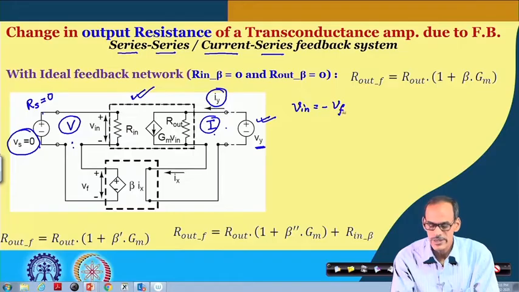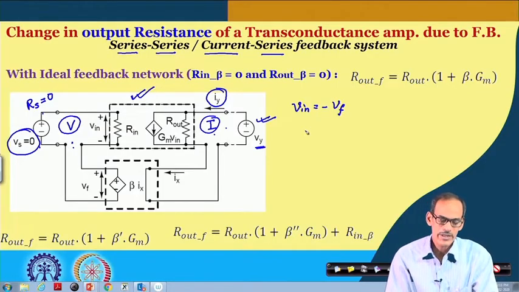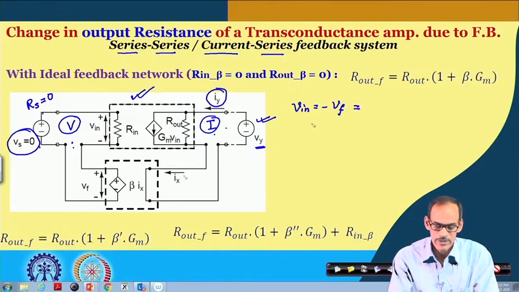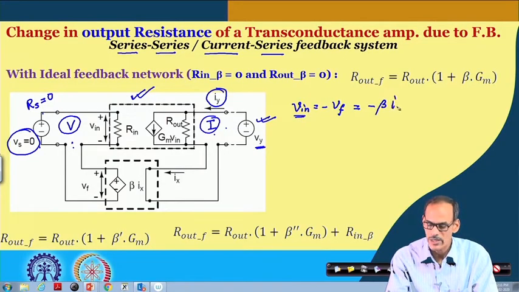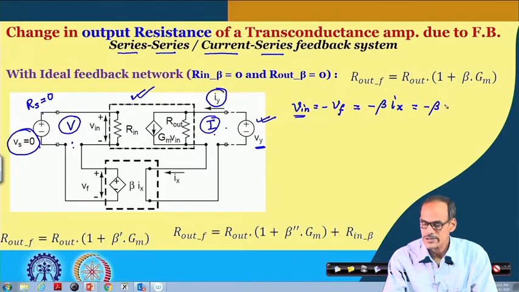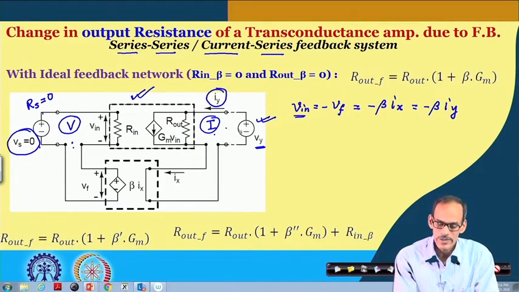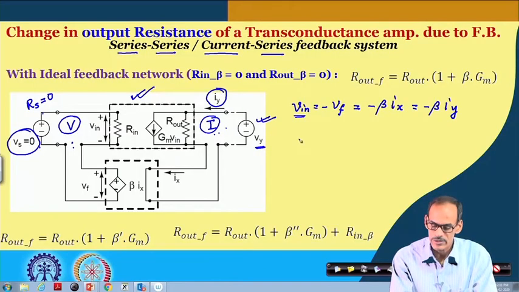So, we have analyzed a lot of similar kind of circuit, almost similar kind of circuit. Probably you yourself can now be comfortable to derive that V in equals to minus V f, which is equal to minus beta into I x, and this I x is incidentally equal to I y. So, this is minus beta into I y, and at the output port we can get the expression of I